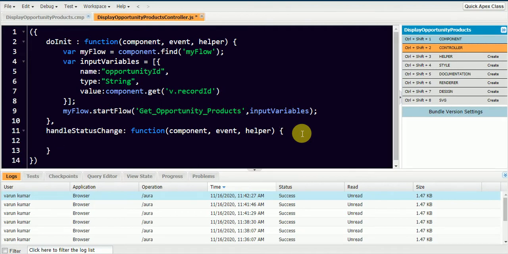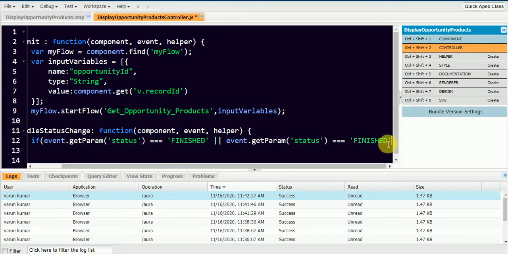So here I'm going to check if event dot get param of status is equal to finish, or let's copy this, finished screen.